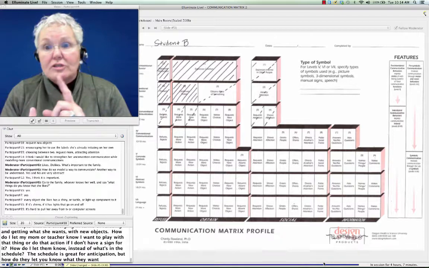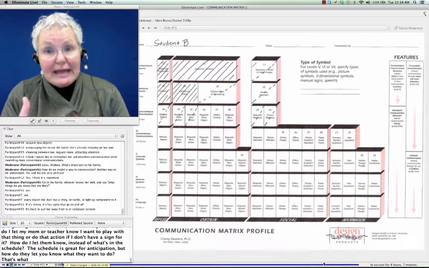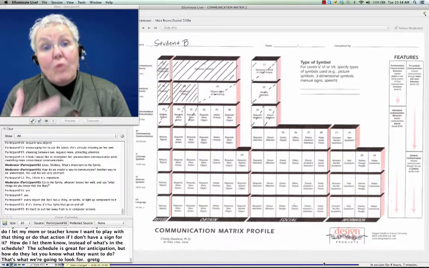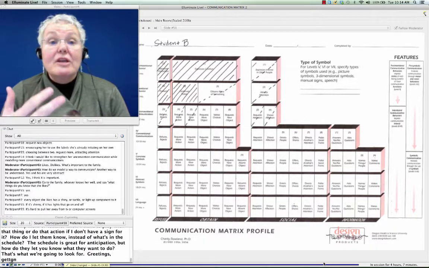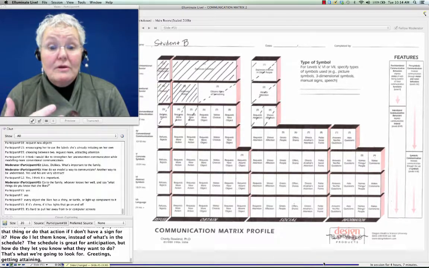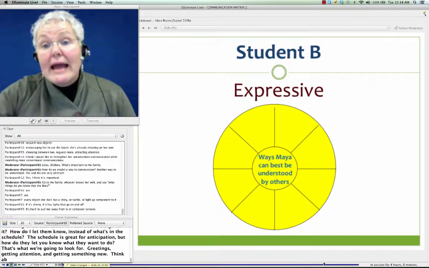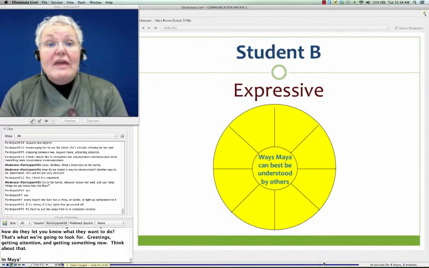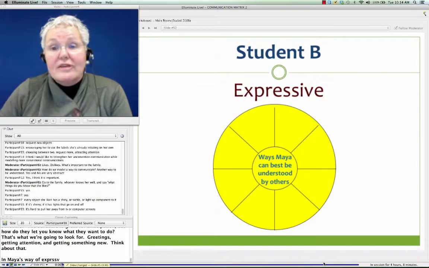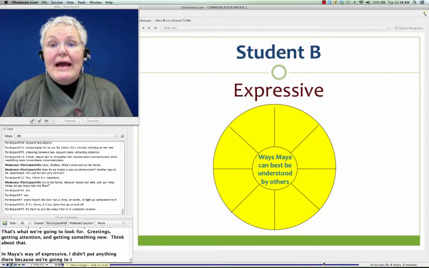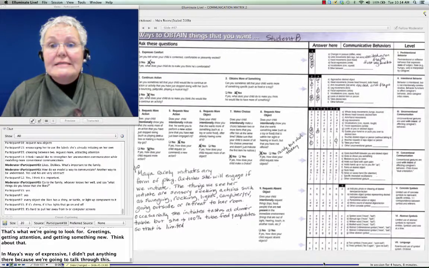So we're talking about greetings, we're talking about getting attention, we're talking about getting more of something, and also getting something new. How do I let you know what I want? So that'll get into how we are going to do that, but just so that we can think about that. So in Maya's way of expressive, I didn't put anything up there because we were going to talk through this today. So what are the ways, and I'm going to just take you back a ways and remind you,